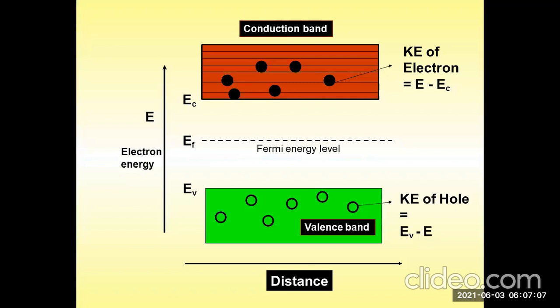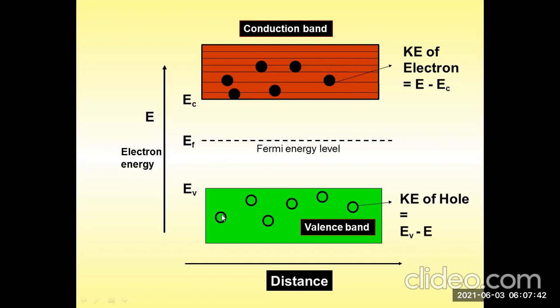When we see the band diagram, we studied in the previous class the origin of energy bands in the solid. One band is the conduction band, another is the valence band, and the gap formed between the conduction band and the valence band is called the band gap. Here you can see the conduction band. When I increase the temperature, the electron will move from the valence shell to the conduction band, and the empty space